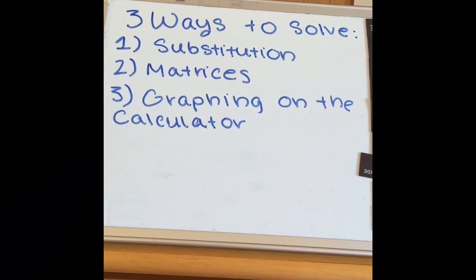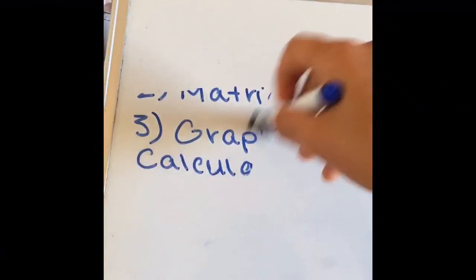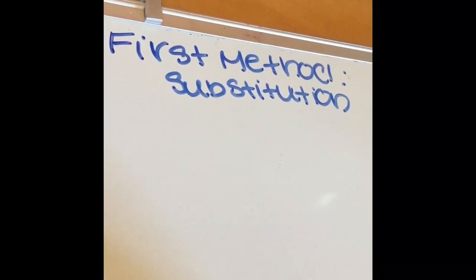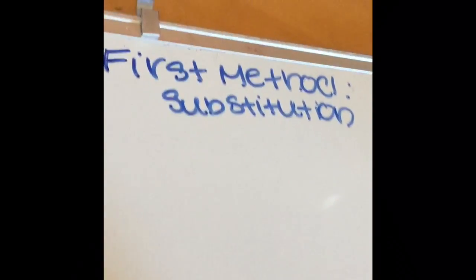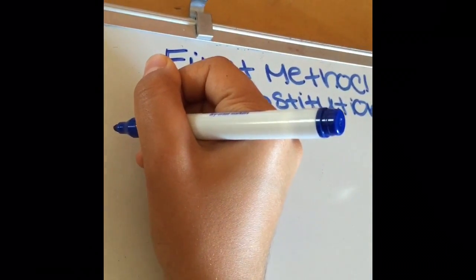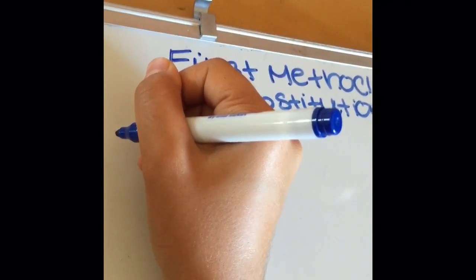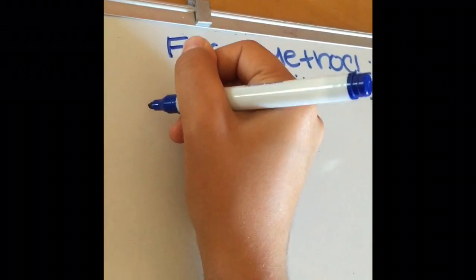The three ways to solve this are: 1, by using substitution; 2, matrices; and 3, graphing it on the calculator. So the first method that I'll be using is substitution. And we're going to have two equations. One is going to represent the distance with headwind, and the other one will represent the distance with tailwind. So the first equation will look like